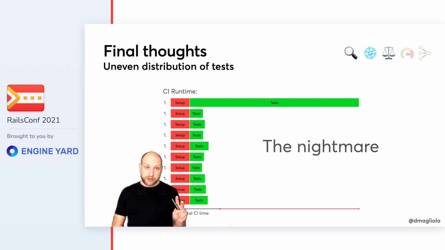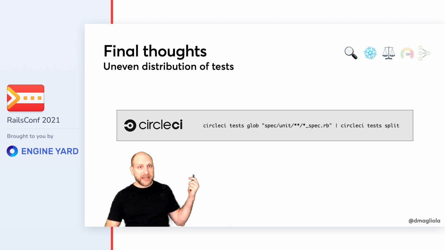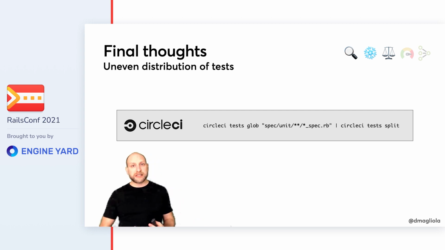I know of only two solutions, and much to my dismay, they both involve mentioning commercial vendors. One of them I mentioned in passing earlier. CircleCI has the CLI tool that helps you split the test between machines. Now, this little tool can split things in many different ways. And one of them is